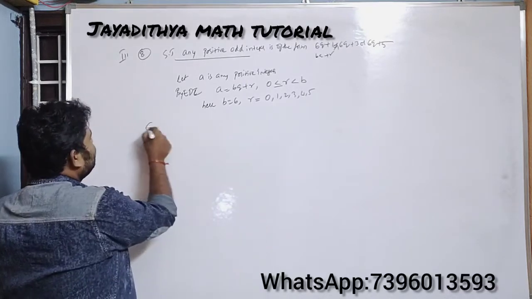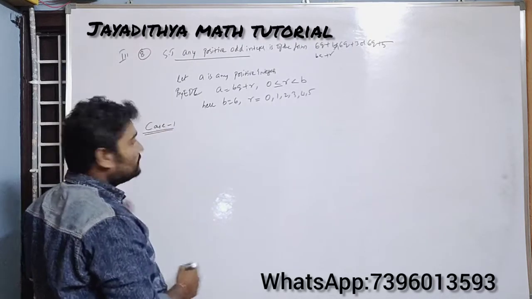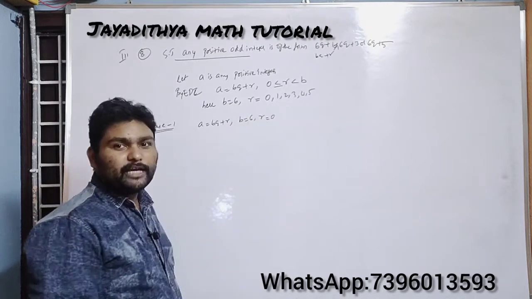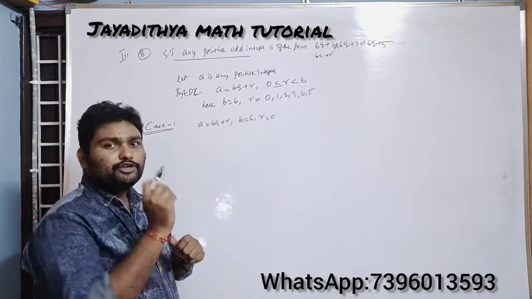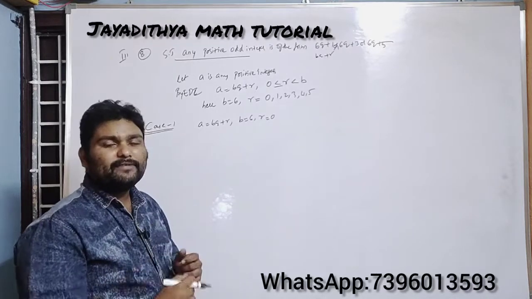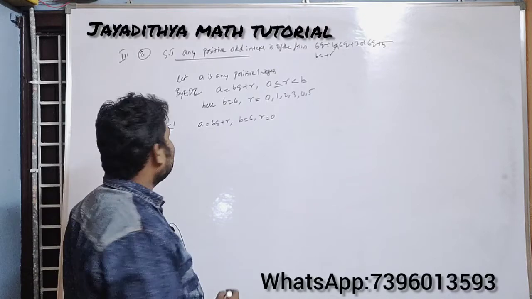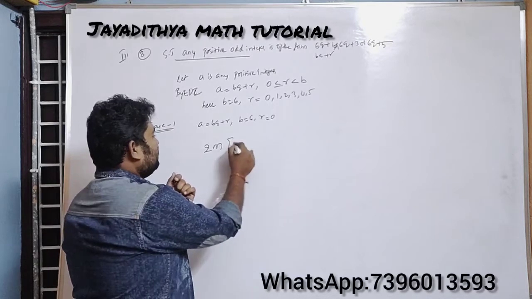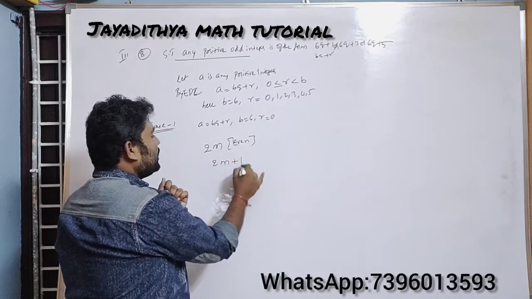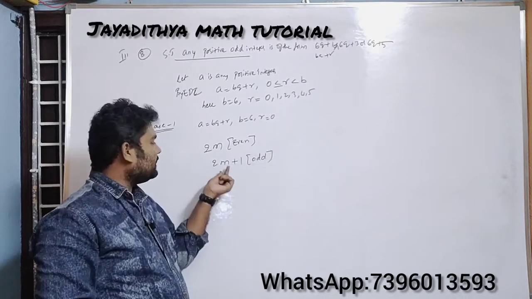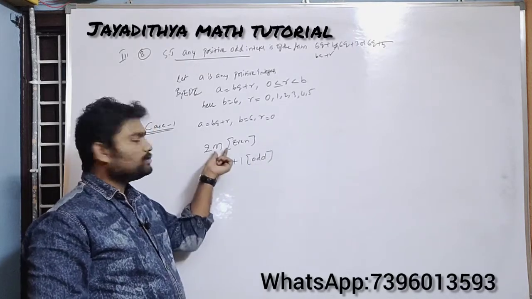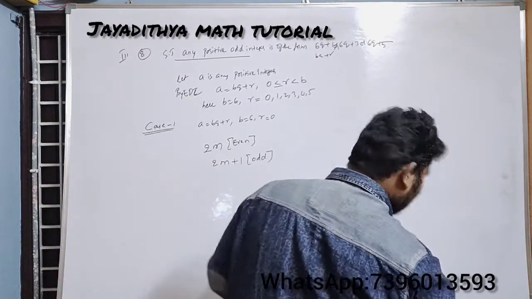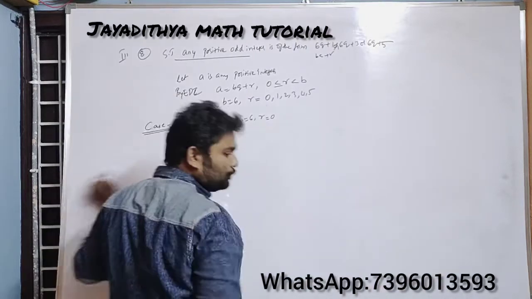Okay, so from here take case 1. What is the case 1 here? Case 1 means a is equal to bq plus r, take b is equal to 6 and r is equal to 0. Before that you should know one more point also. What is the general form of an even number and general form of an odd number? So you should know that one first. The general form of an even number will be in the form of 2m. Any integer which is in the form of 2m is even, and any integer which is in the form of 2m plus 1 is an odd number. So this is the previous knowledge you should have here. So every time you should show the number in the form of either 2m or 2m plus 1.